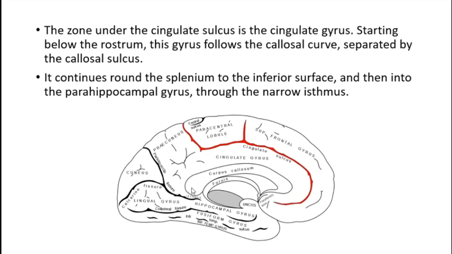Behind the splenium, this posterior part of the corpus callosum is the splenium. This is where it's going to take a turn. This is the isthmus, and then you're going to reach a very important area of parahippocampal and hippocampal gyri. Most of the part visible to you is parahippocampal gyrus. Hippocampal gyrus is medial to that and is visible on slight manipulation of the area only. So we'll just deal with it later.